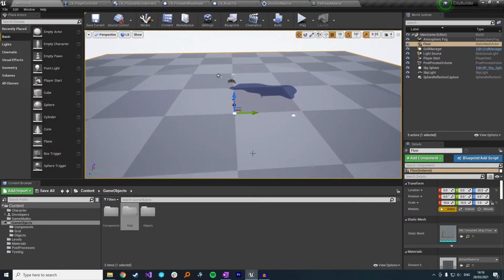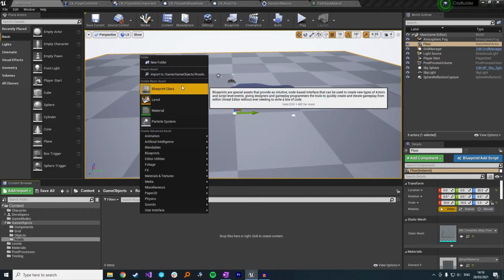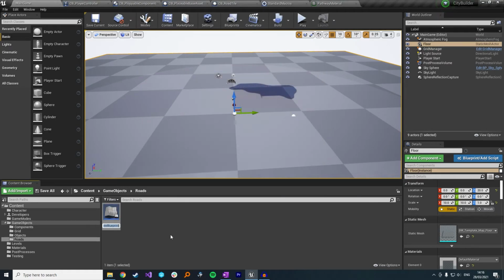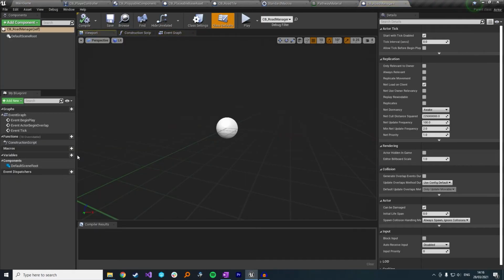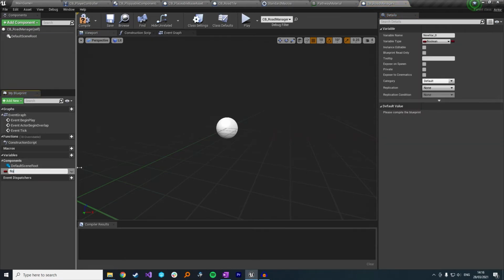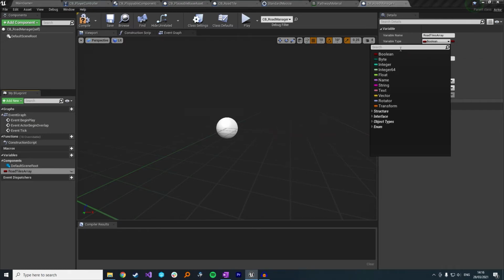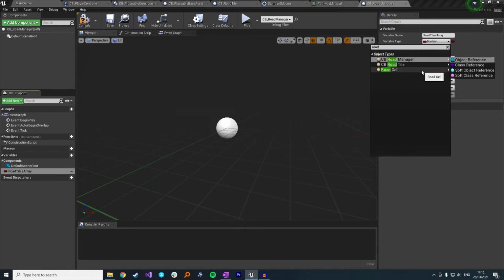And to make this efficient, and it's because it's something I'm going to do in the future anyway, I'm just going to create a roads folder. And I'm going to add a road manager in here. So this is just going to be an actor that I can place in world, similar to the grid manager that I've already made. Make sure I automatically drag an instance into there. Let's just open this up. This is just going to store a list of all the roads. Road array, so road tiles array. And that's just going to store every single road tile we have in the